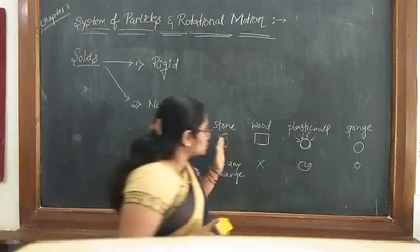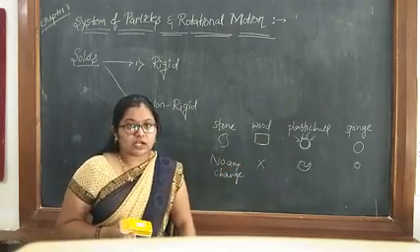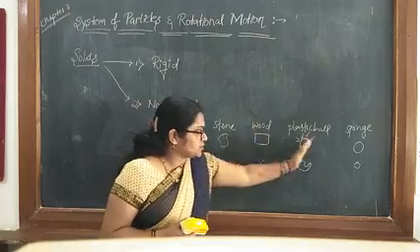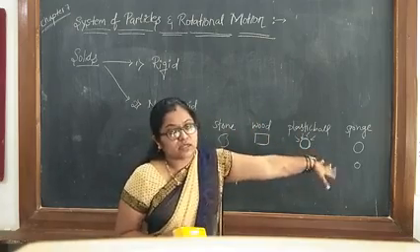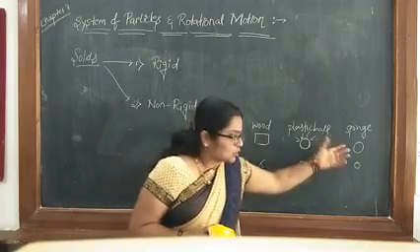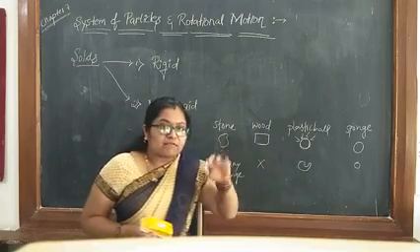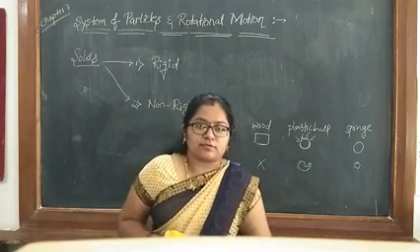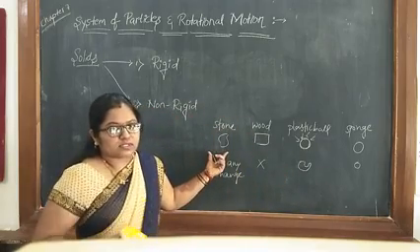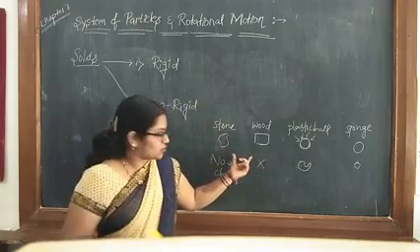So what are the things you can observe in all these examples? In all these examples we can observe that we are applying some force on every object, different kinds of objects. Some things are responding, some things are not responding. Understood? So the force you applied on every body is deforming force. Here the deforming force will not result in any change.